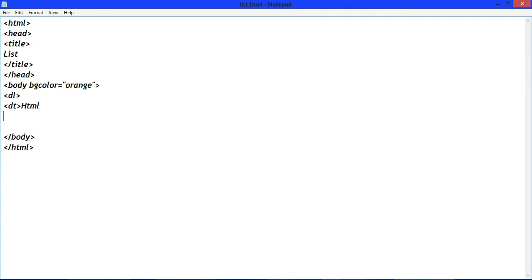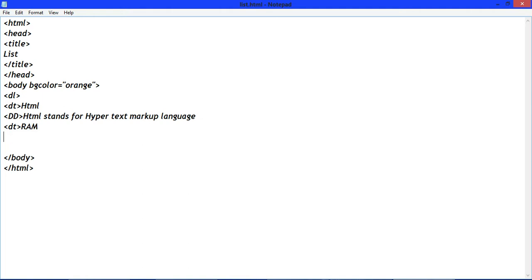Now DD and give here definition for HTML. Write here HTML stands for hypertext markup language.